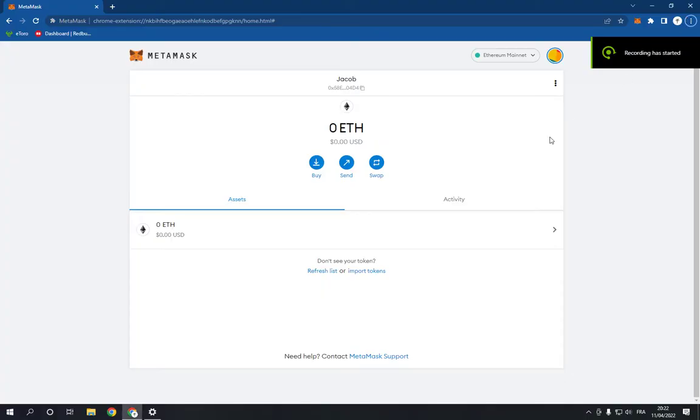How to turn on or turn off use token detection. Hello guys, in today's video I'm going to show you how to turn on or off the use token detection option on the Metamask wallet. So first, go to Metamask and then go to the top corner right here and